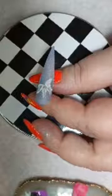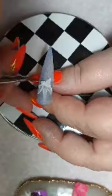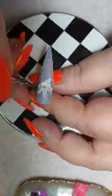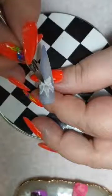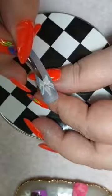Okay. Another one here. I think that might be a bit big. Let me take a bit off. And then we bring it out. You can see I've got it overlapping here, overlapping there. And then what I'm going to do is put just a tiny bit in here because it could do with it. Okay, so it looks a bit like a starfish at the moment, but it won't do. While I'm waiting for that to dry a bit more, we'll do